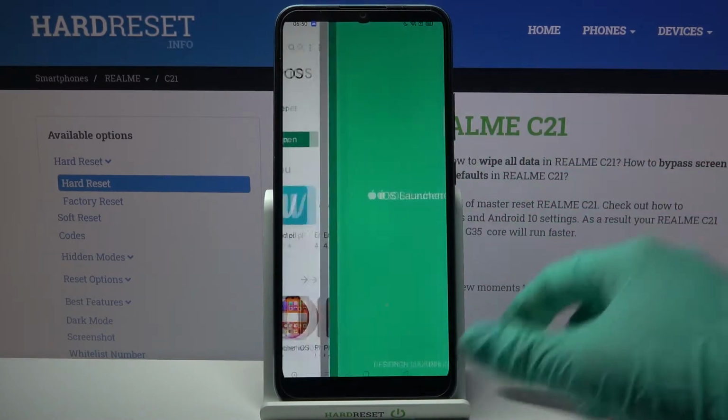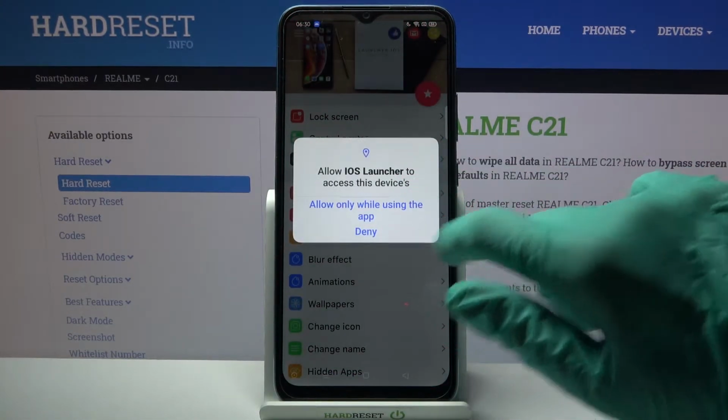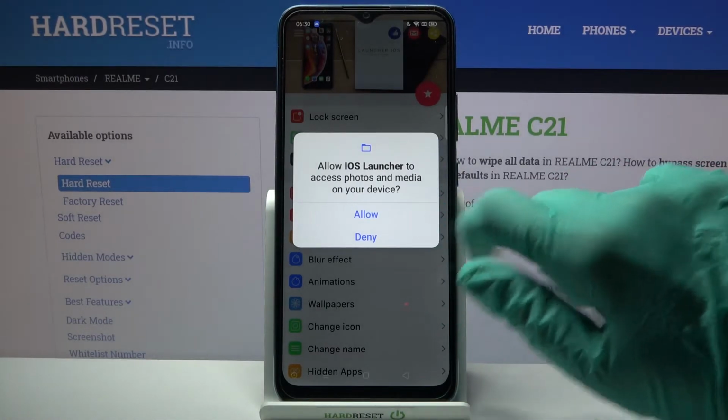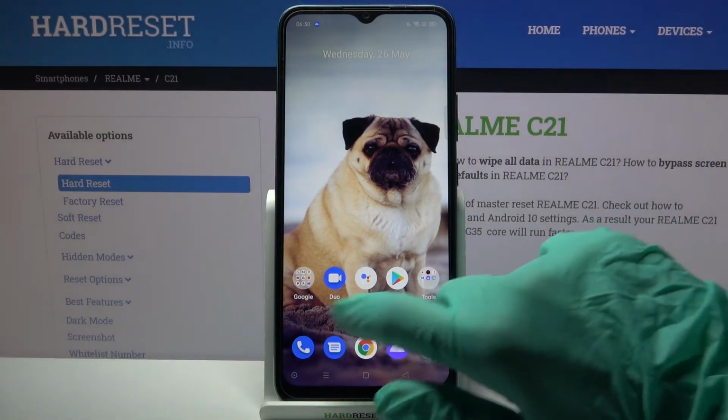Now open it. Click Allow while using the app and allow again. Then click Home button, choose Settings